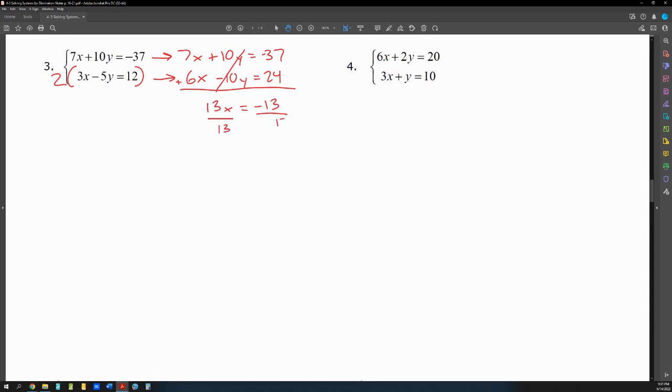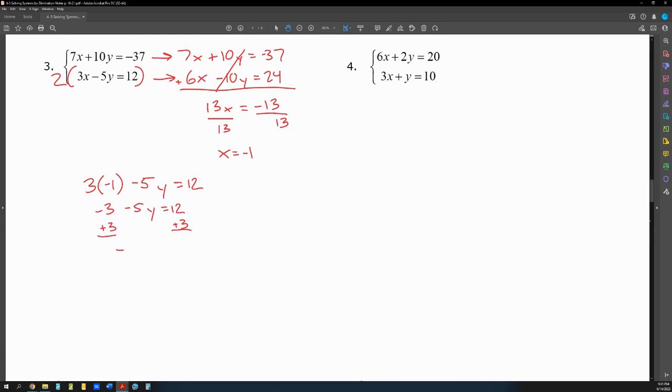Dividing both sides by 13, and we get x is equal to negative 1. Plugging into either of the original equations, I'm going to choose the second equation this time. So 3 times negative 1 minus 5y is equal to 12. We have negative 3 minus 5y is equal to 12. Adding 3 to both sides,